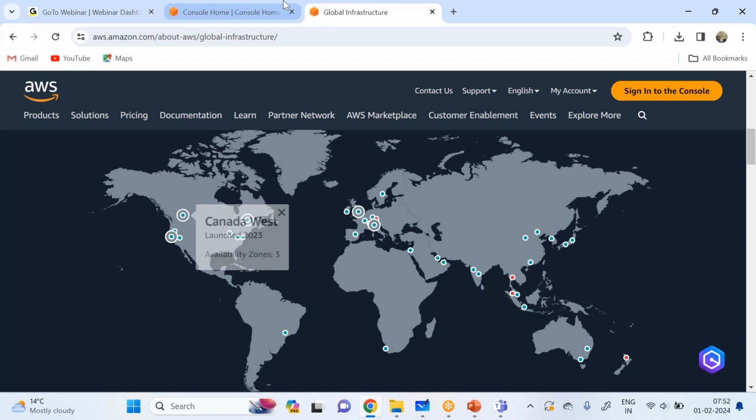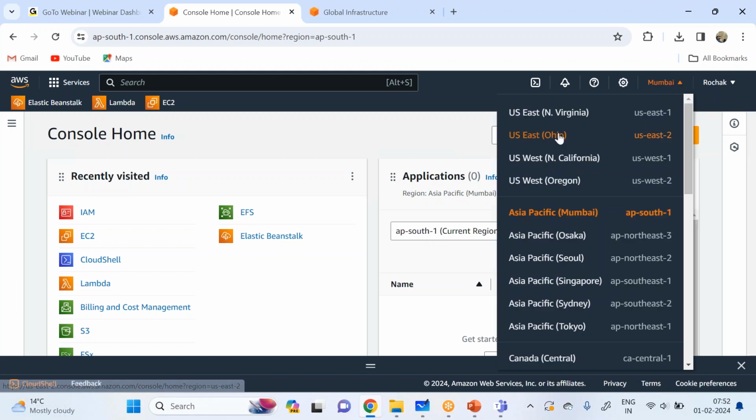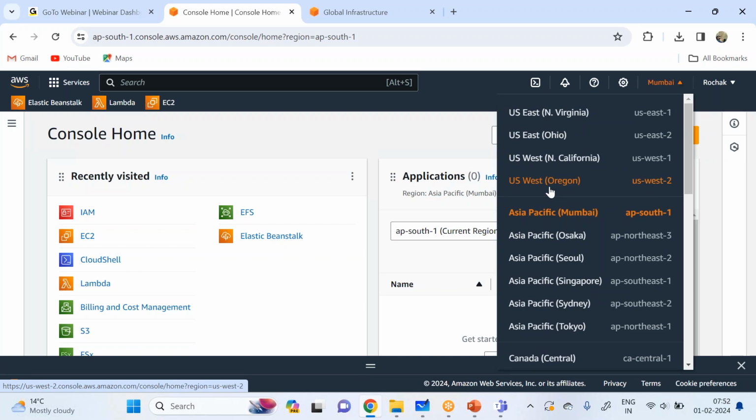Okay. So, for example, if I show you from the console also, there will always be a region selected. So there you can select multiple regions. In which region you want to deploy your resources, you need to select it from here. So for example, if I switch to US East 1 region, then now if I deploy my virtual machine, that